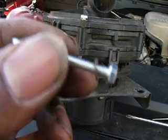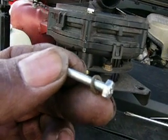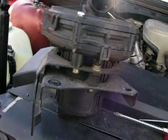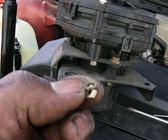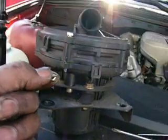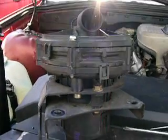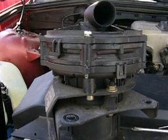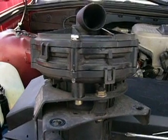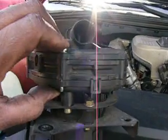washer, lock washer to the top like that, and on the bottom side as well, like so. Nut and washer to the bottom side, and just don't hand torque it too tight. You might want to use a small 1/4-inch drive torque wrench if you have a problem with doing it by hand, or just use a smaller wrench and just snug it together when you tighten it up, and it won't